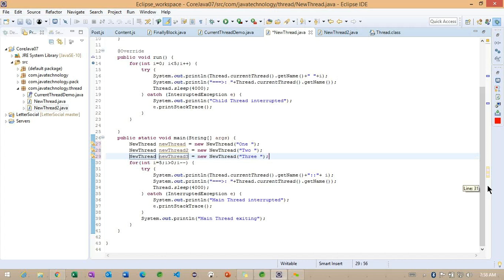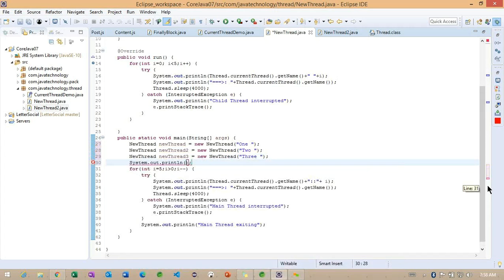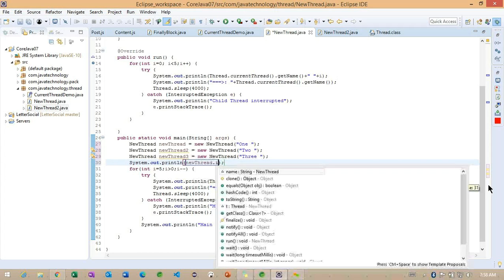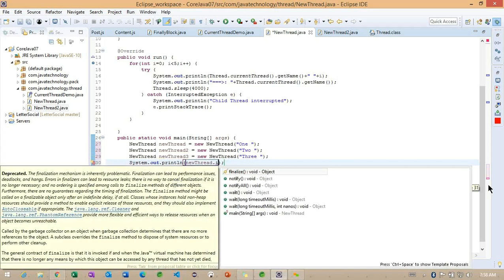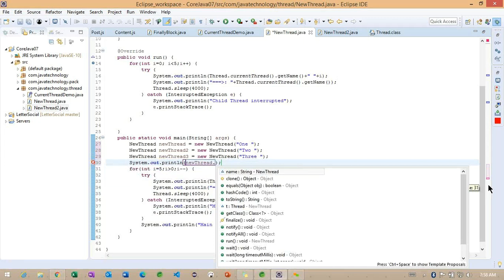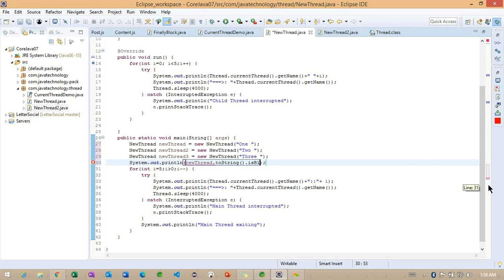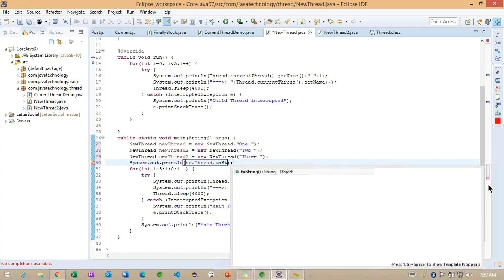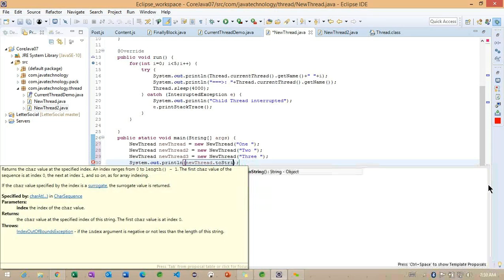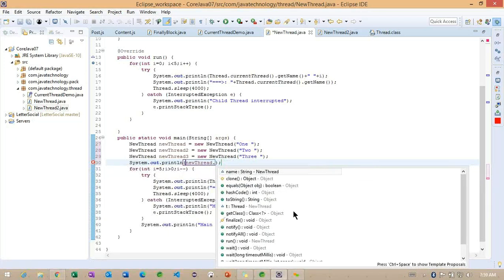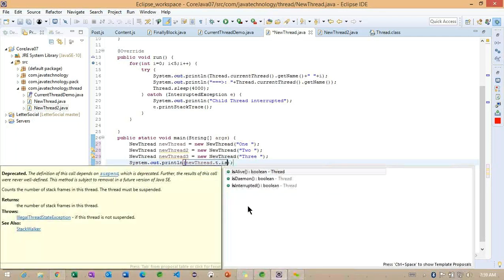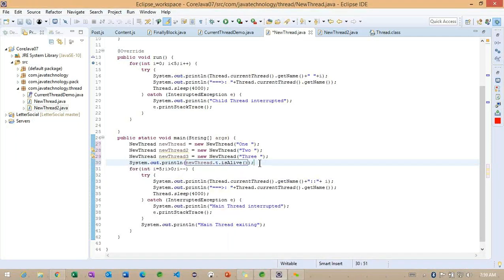After creating these three threads, initially I'm checking whether these particular threads are available or not, using new thread dot is alive.